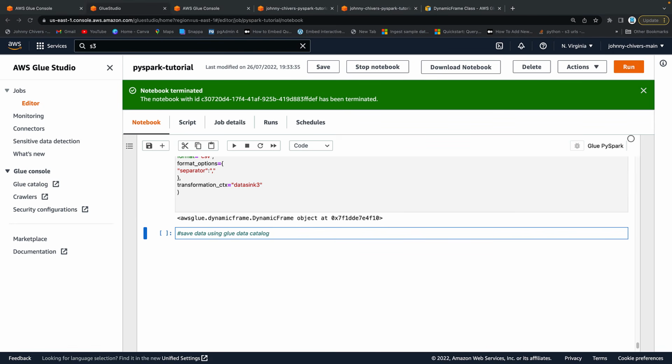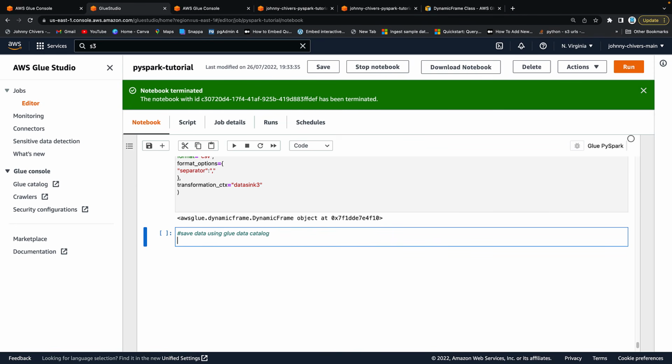Okay, this one isn't too bad. And this is why I prefer using the catalog to set up. And again, if you want to know more about the catalog, link in the description below to the other tutorial. So we need the glue context again. Glue context dot write dynamic frame. So that dynamic frame method again to write dynamic frame, but this time instead of from options, it's